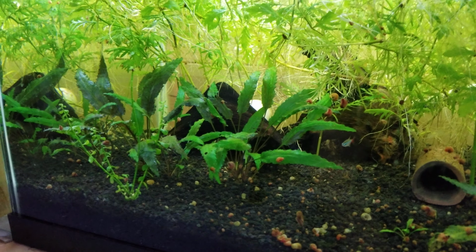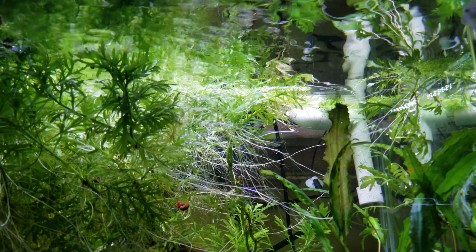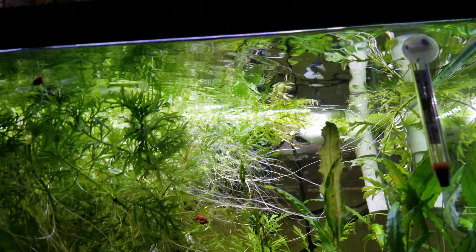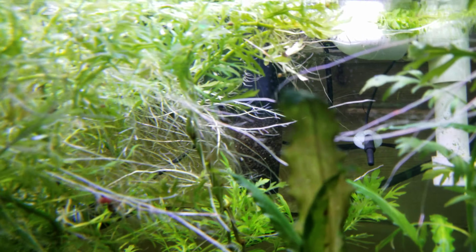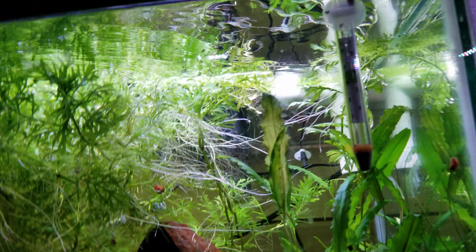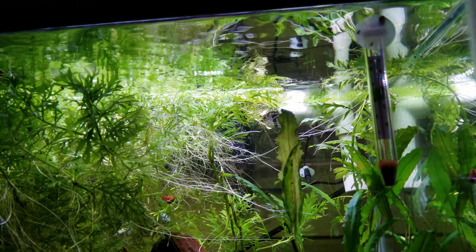These ones are more of a green, as you can see, because they're getting shaded out by all this water wisteria. And I pulled out last night, like, I don't know, 7 pounds of duckweed out of the top of this aquarium, trying to get some water flowing again. I also cleaned the filter in the back on all my tanks that have hanging on the back filters. I've got a little intake sponge on it, and that helps pull some of the mold out really quickly. It also prevents any babies from getting sucked up into the filter, the internal parts,